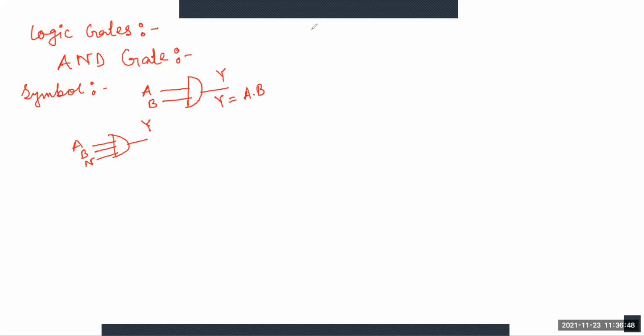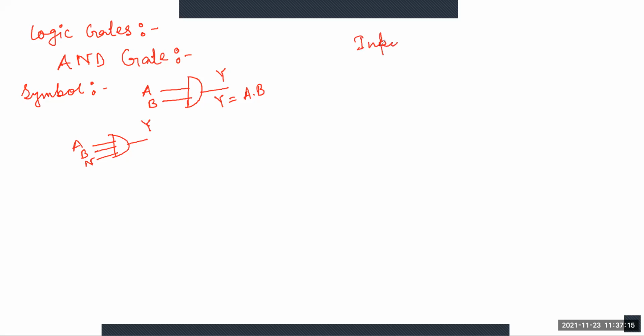So always remember for the case of AND gate, it is the multiplication functionality. So with the help of AND gate, here the output is A into B. So this expression, always remember to write the truth table. Okay, so one thing I am here writing